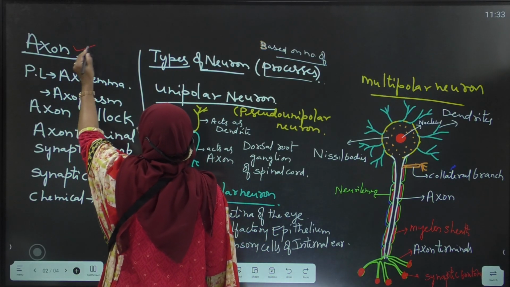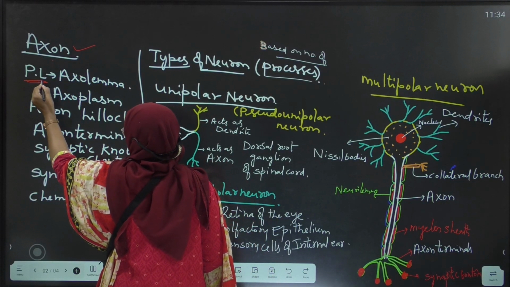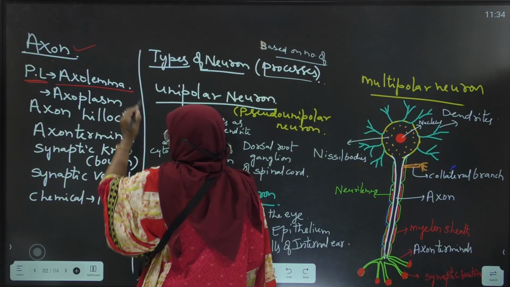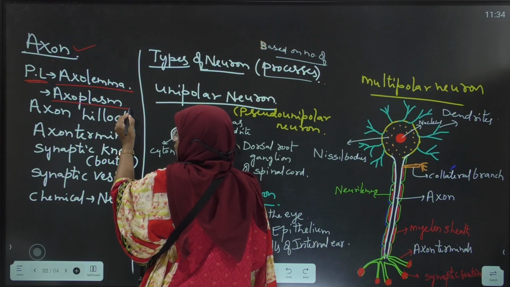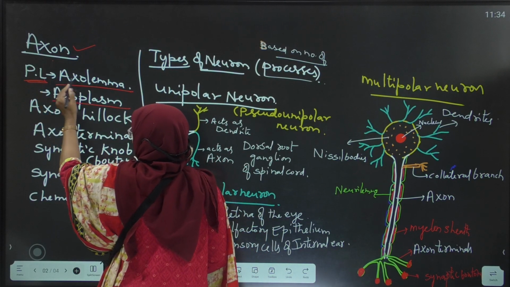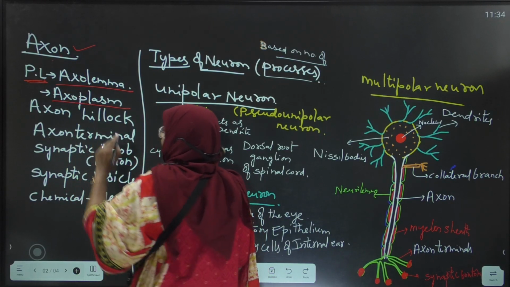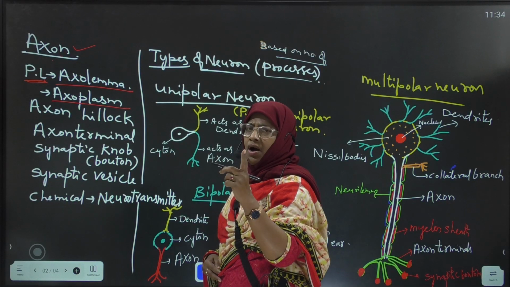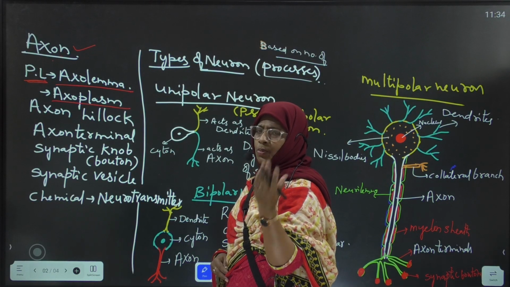What is this? This is axon. The plasma lemma of the axon is called axolemma. The cytoplasm of the axon is called axoplasm. What is axon? It is a single long unbranched fiber or process that arises from the